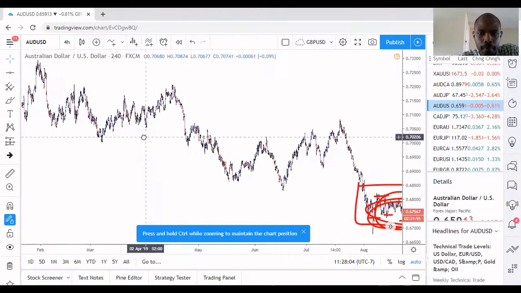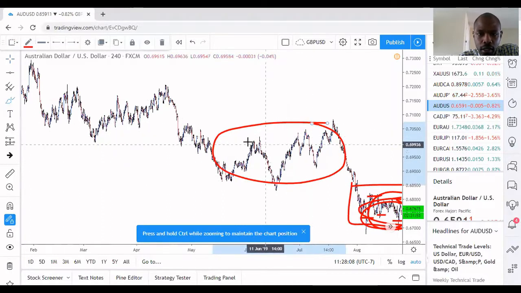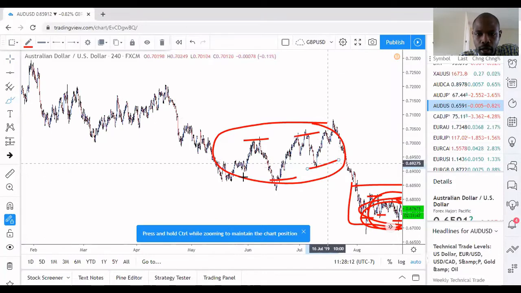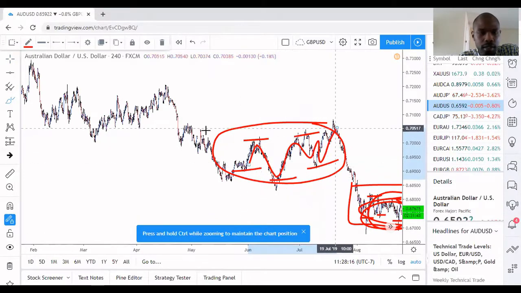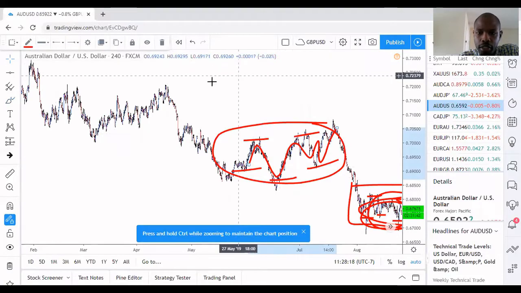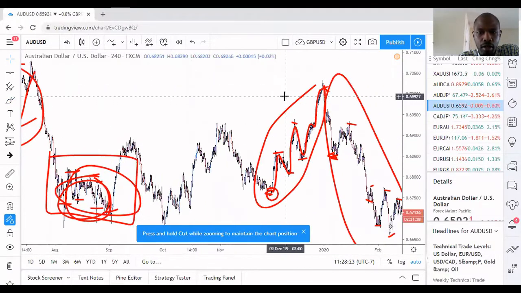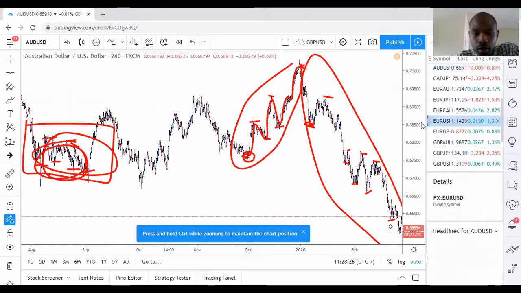And again, even right here, I would consider this consolidation. Pretty common highs and pretty common lows. See market kind of just staying in between here, not moving too much, contraction, and then whenever the market is dropping or climbing, that's called expansion. So let's look at one more pair. Let's go to EUR/USD